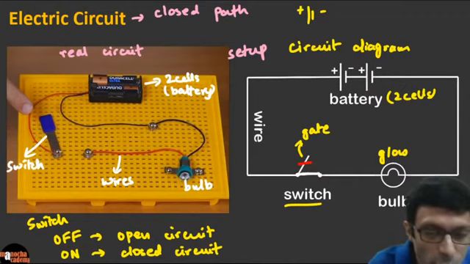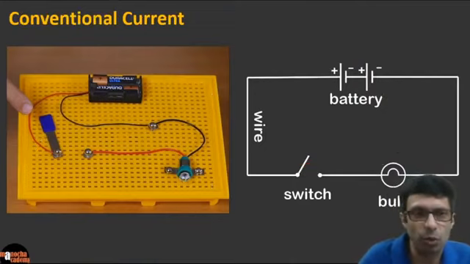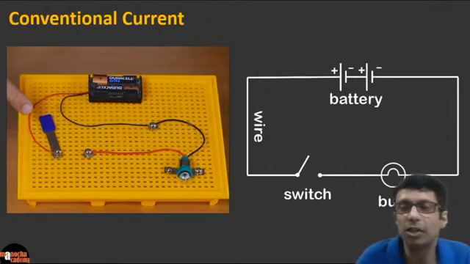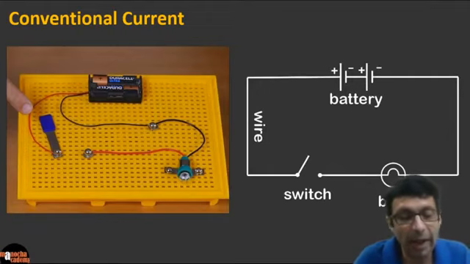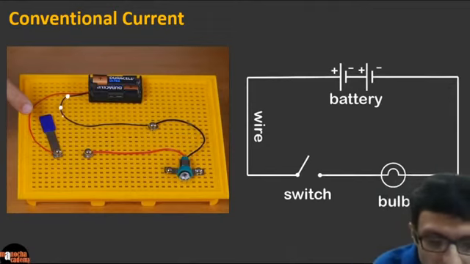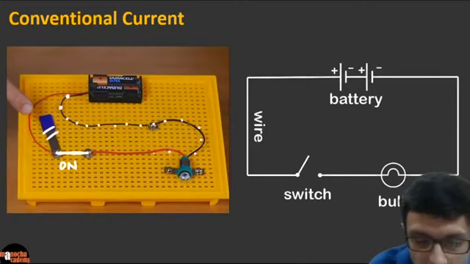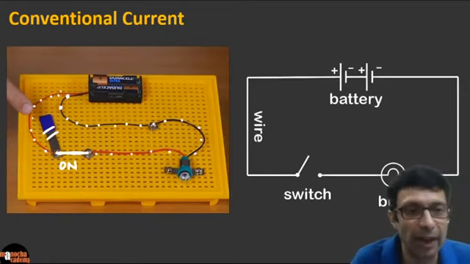Now we didn't talk about a very important thing, which is the direction of the flow of current. I told you we'll be coming to that, because we know that the electrons are flowing in the wire. When this circuit is on, let's say we cancel this and the switch becomes closed in this on position, then these electrons are going to flow. So the electrons will start flowing in the wire. One very important thing is, guys, what is the direction of flow of electrons?